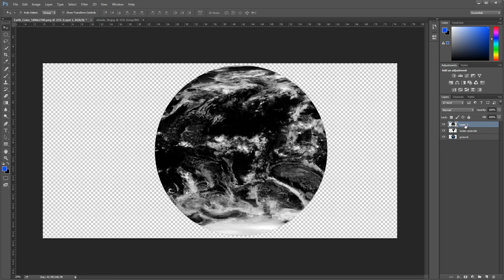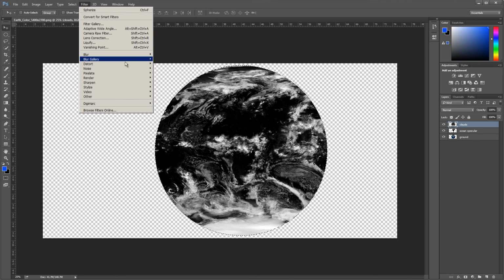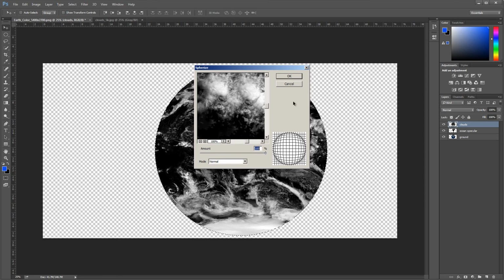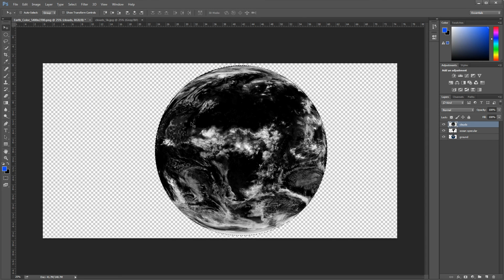Okay, I'm going to rename this clouds. Let's Control click the clouds. Let's again Filter, Distort, Spherize, and now our clouds are wrapped into a sphere. So what we need to do now is get the black areas of this cloud map to be transparent and keep the white areas. Now, you could try to do a color range selection,